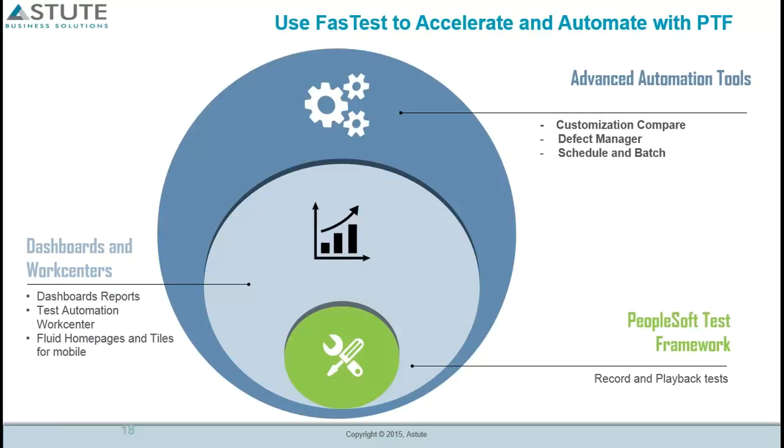The second aspect of it is the ability to consolidate all of the test automation tools that we have built: the ability to manage your test library, to version control it, to edit and sequence tests, build test data, write and execute data mining queries for your tests. All of that is consolidated into a test work center so that you don't have to go through multiple menus. A single screen can accomplish all of your test automation tasks.